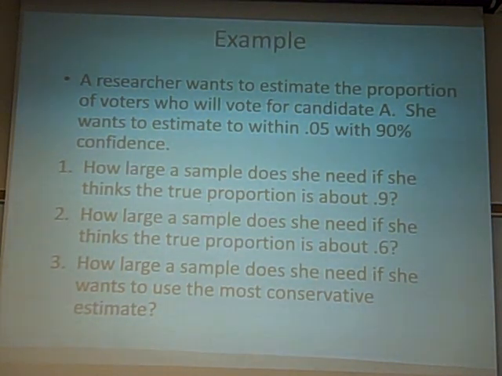I'm not giving you a p-hat. I'm giving you the margin of error, right? You want to estimate to within this way or this way. So what's the margin of error for this one? 0.05, plus or minus 5 percentage points. But we want to use the 0.05. So do this on a different piece of paper, maybe. So number one, how large of a sample does she need if she thinks the true proportion is 0.9? So if she already has some a priori notion